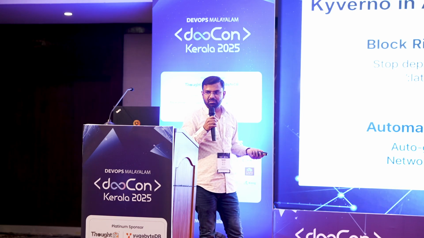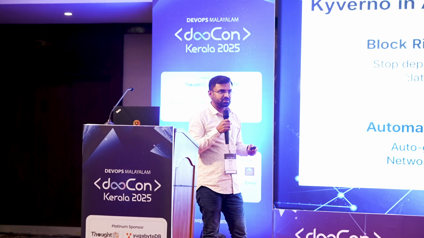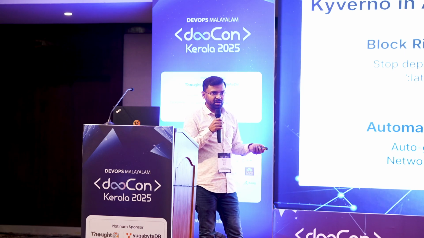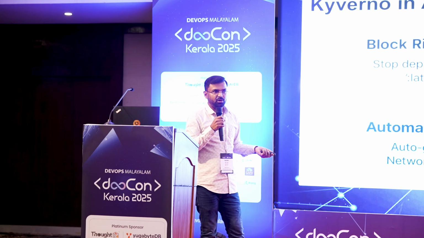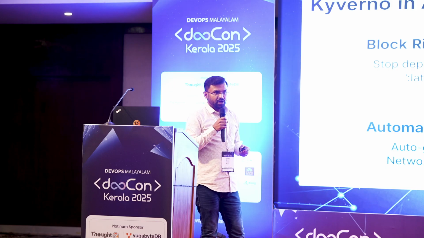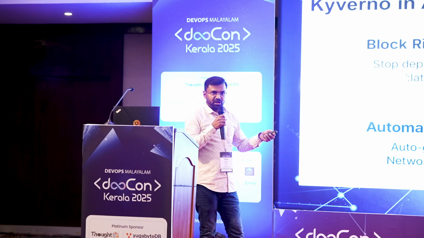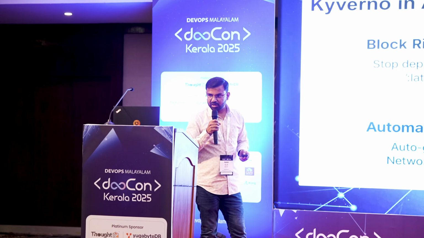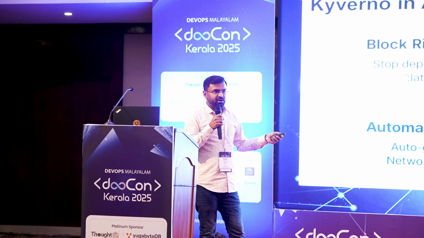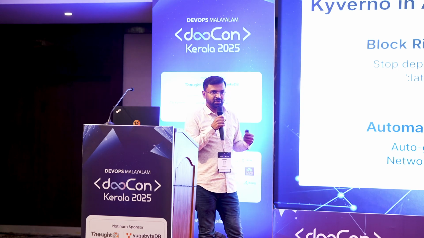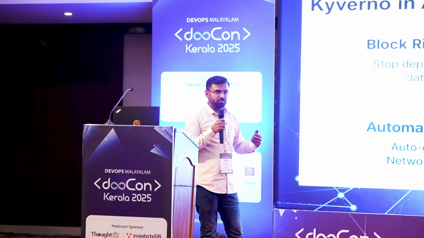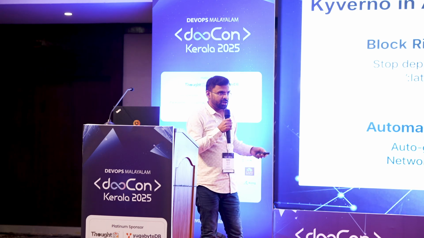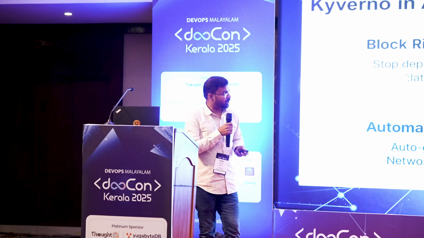Next one is enforcing governance. So when you have multiple teams, we ask the teams to set a label for their team, right? But they don't follow. So you can enforce that in a particular namespace. If you create the workload, it will be attached with this label, with the team name, and auto-generate network policies. So whenever a namespace is created, we are going to automatically generate them. And how we can use Kubectl AI to boost productivity.